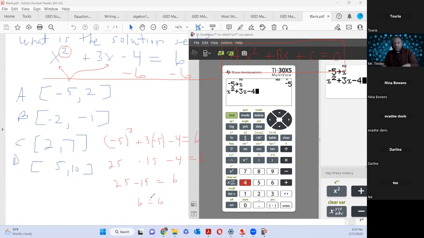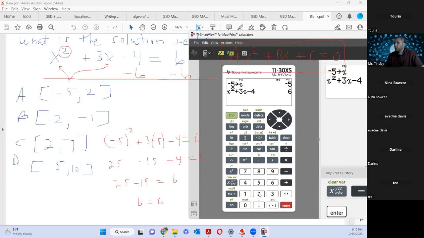Understand what an equation means. Whatever you put for that value, you should see on the other side of the equal sign. So now when I press enter, what do I expect to see? A 6. Now I'm done. That took 15 seconds. But you have to do both values.